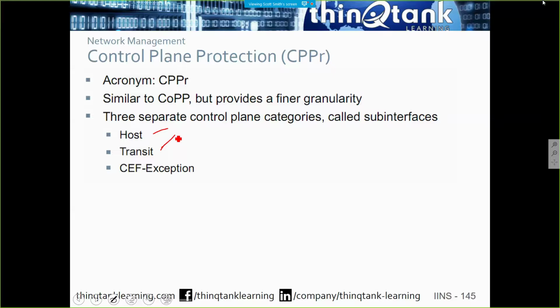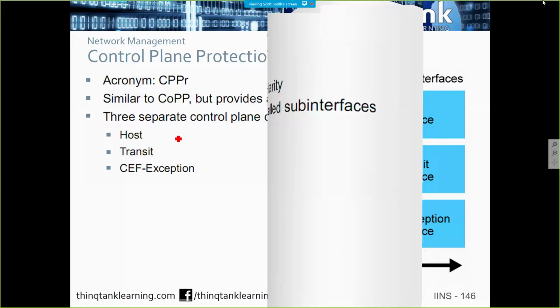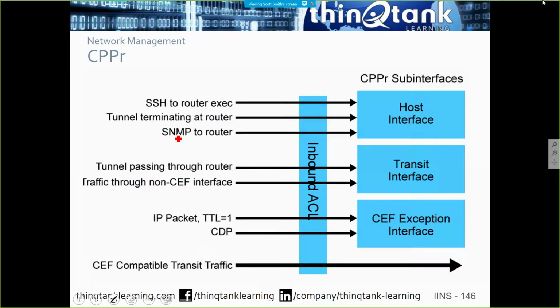The traffic that gets routed, the actual traffic that passes through the device, goes up to the control plane, goes back out to the data plane, and gets sent through the device, right? And then we'll talk about Cisco Express Forwarding exceptions in a little bit, all right? So these are the different